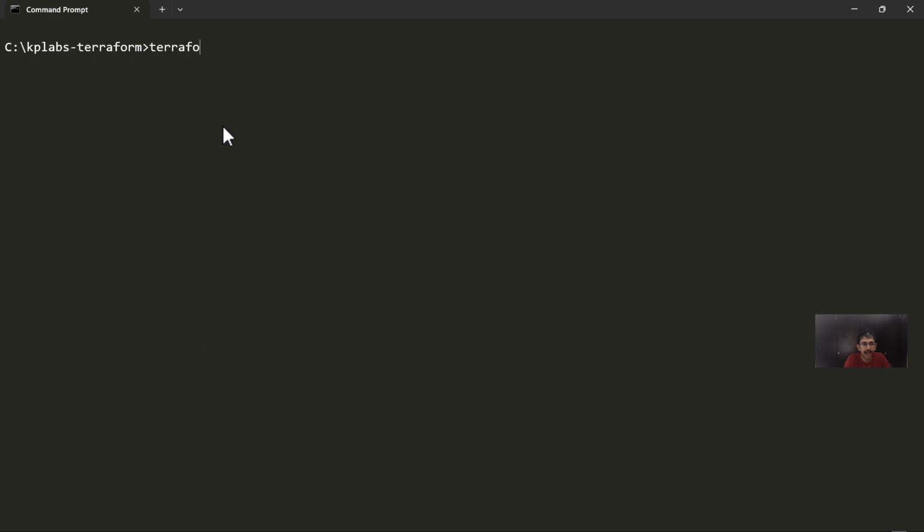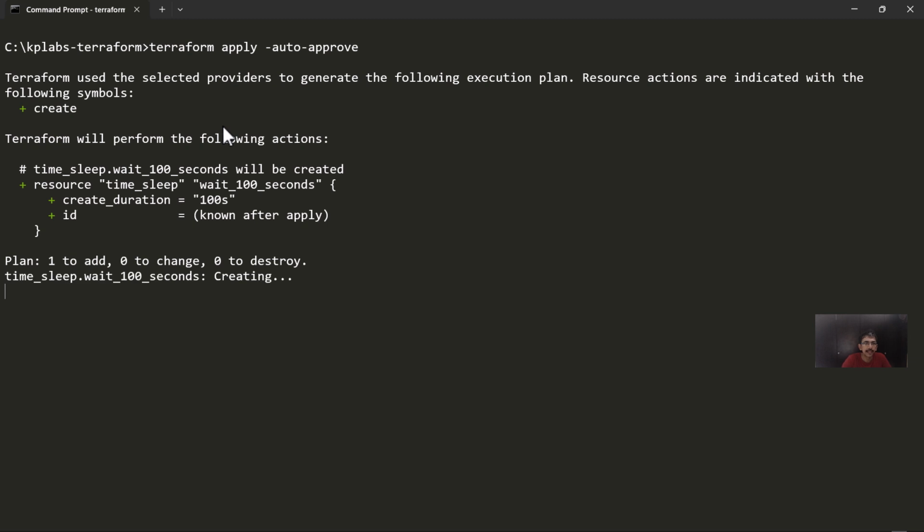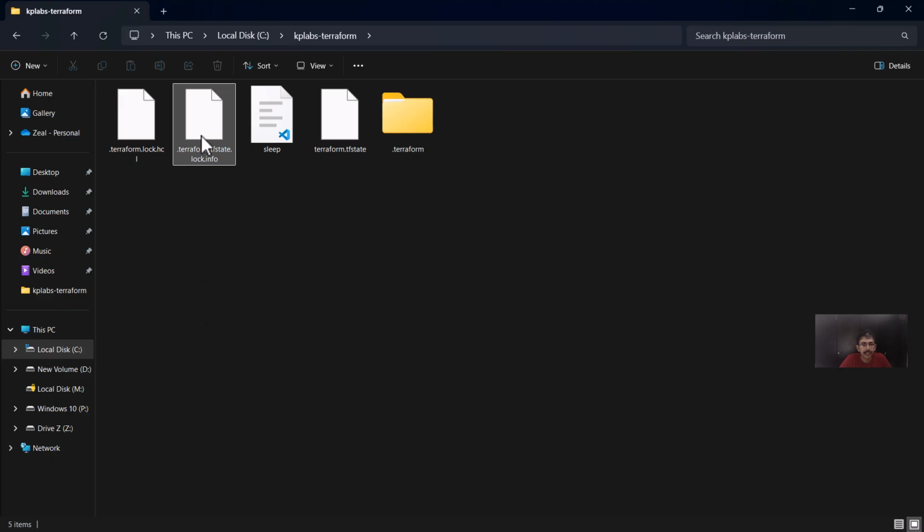Now from the terminal, let's quickly do a Terraform init. Once this is done, I'll quickly do Terraform apply with auto approve. In this case, as we know, Terraform will wait for 100 seconds, and after 100 seconds the resource creation will be completed. At this stage, it will continue to create. Now you see there is one more file that got created, which is terraform.tfstate.lock.info.